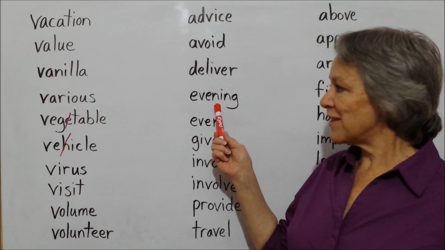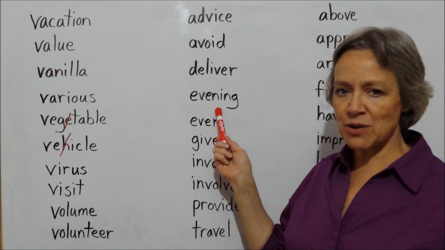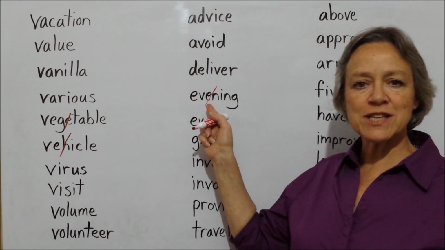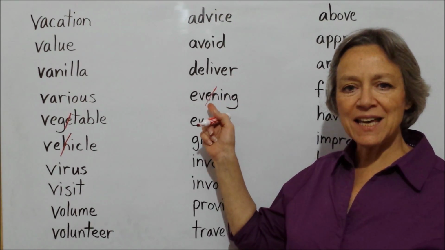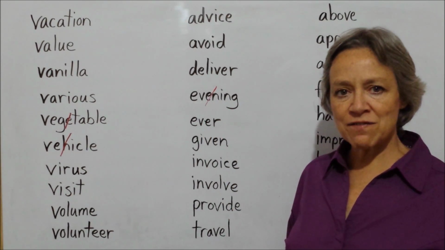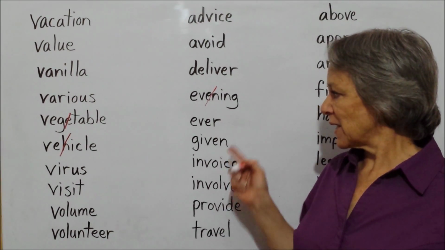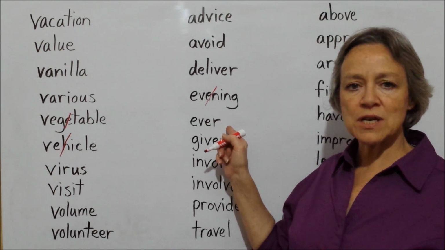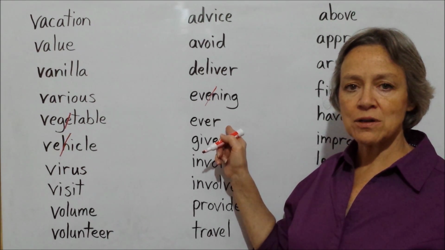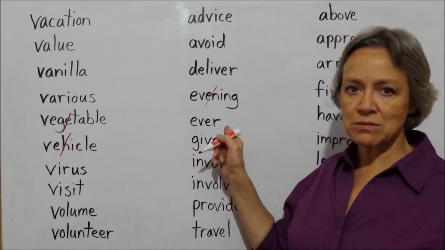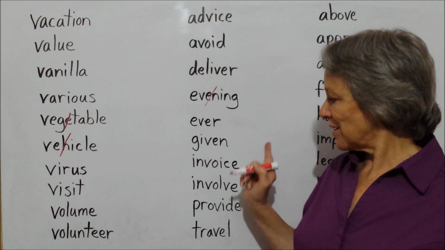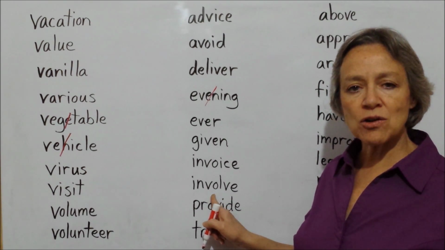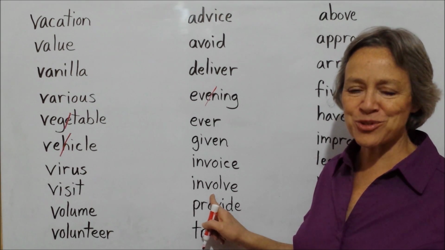And in this word, we do not pronounce the second E. So we pronounce this as a 2-syllable word, evening, evening. This word, ever, occurs in many other words, such as forever, or however, or whenever. This word has 2 letter V's, and also it has the V sound 2 times.